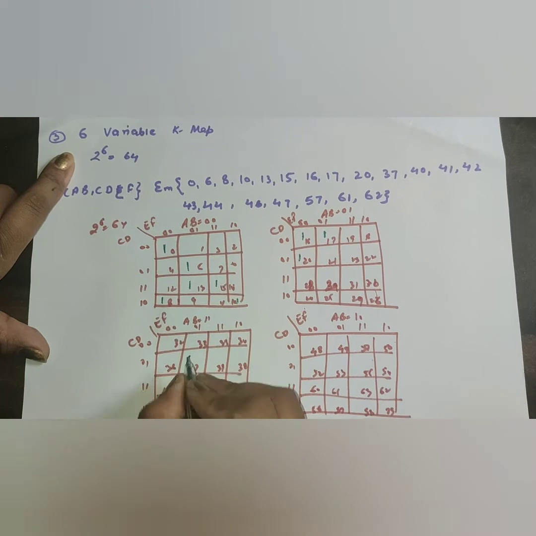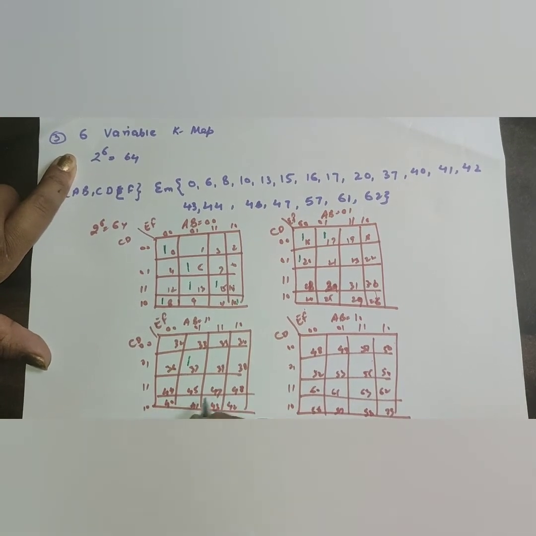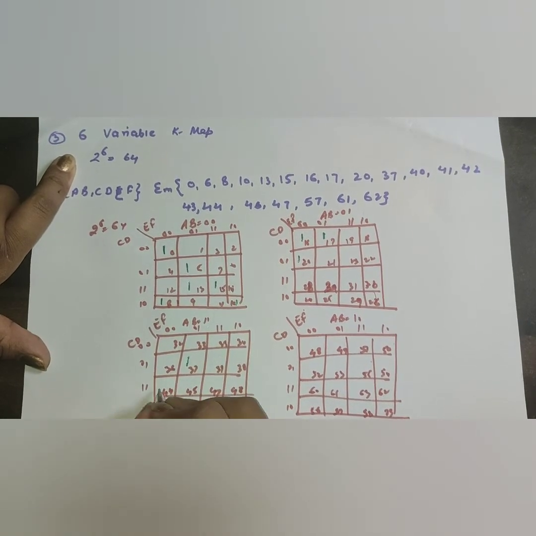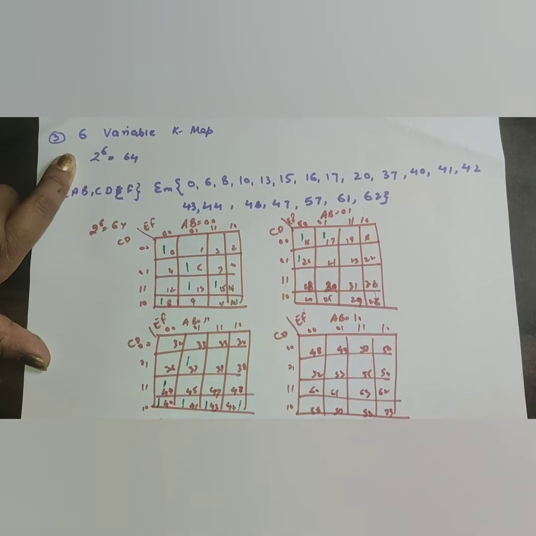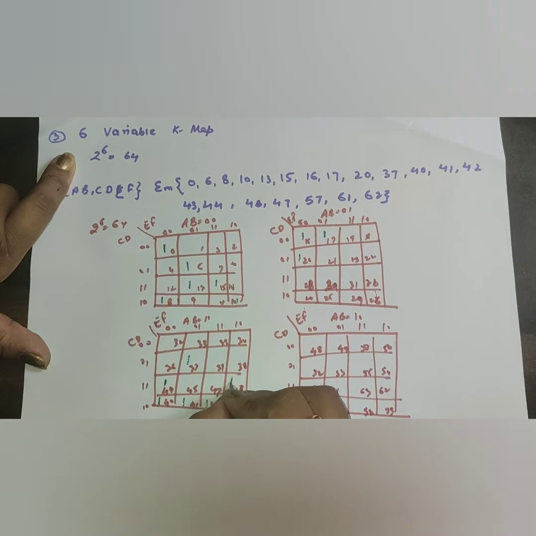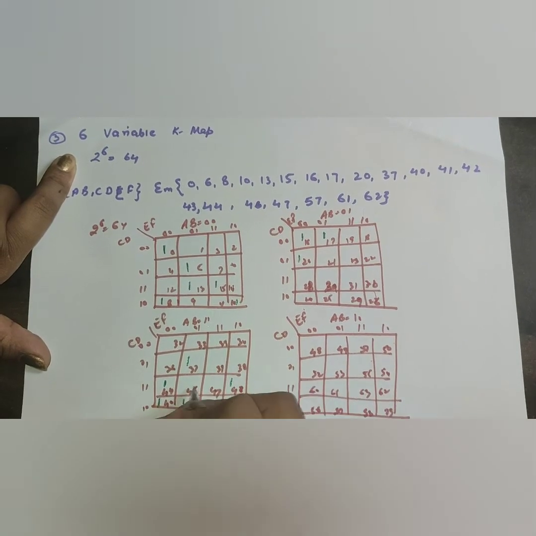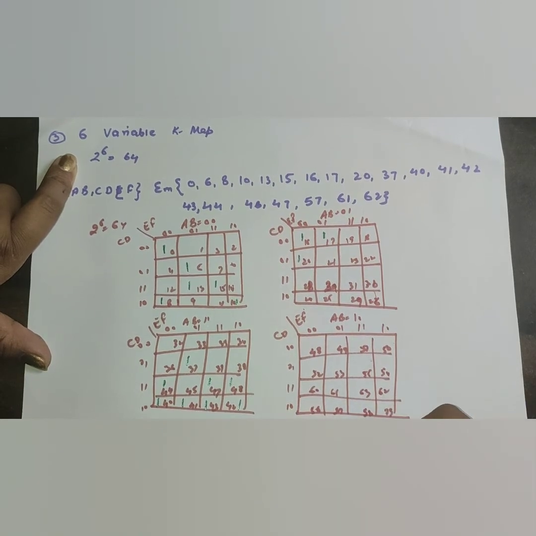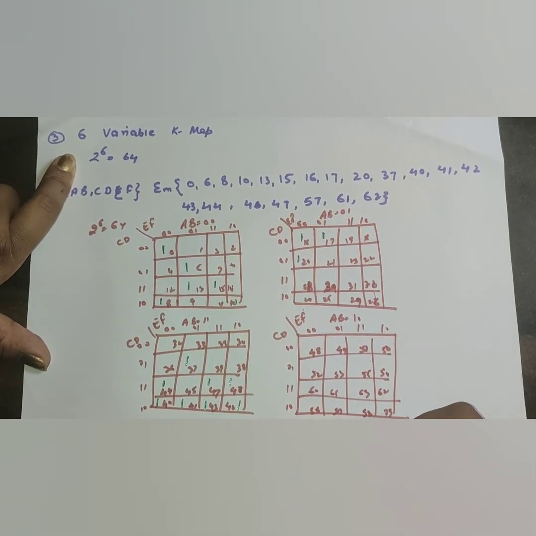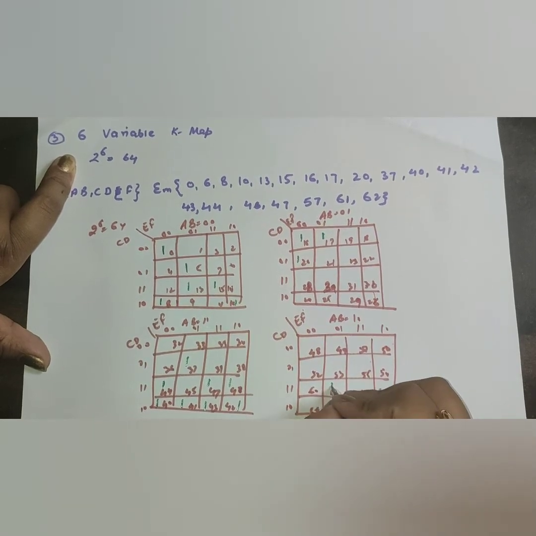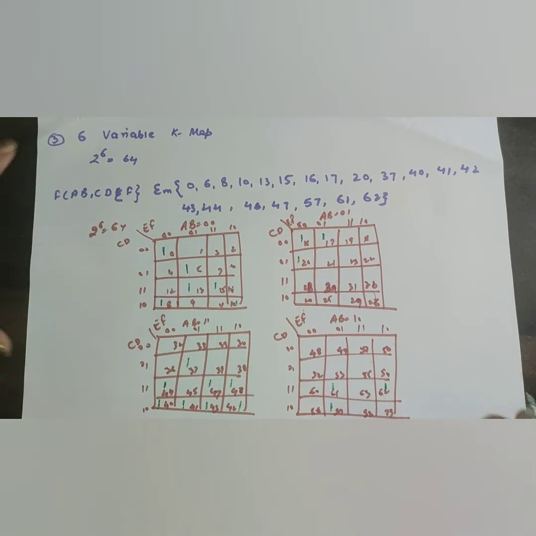37 40 41 42 43 44 46 45 46 47 57 56 57 61 62. Okay,